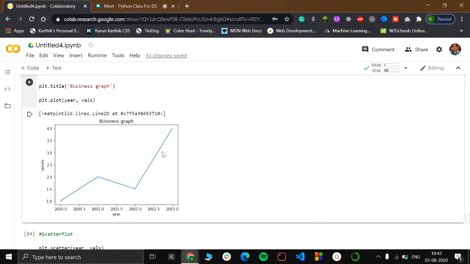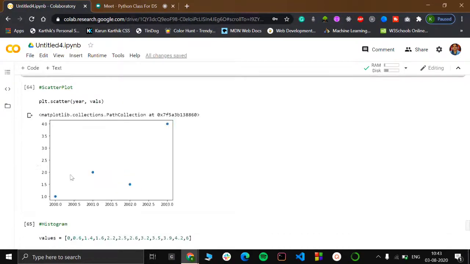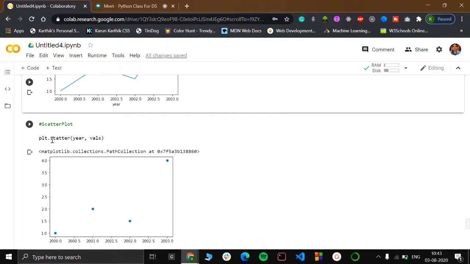Let's say I want to know only the points. I don't want these lines in between. These lines seem pretty odd to me. So I can do that with scatter plots. What it does is put a data point at the corresponding values, and you could see a graph like this without any lines in between. You would just be knowing the data points. That could be achieved by plt.scatterplot.